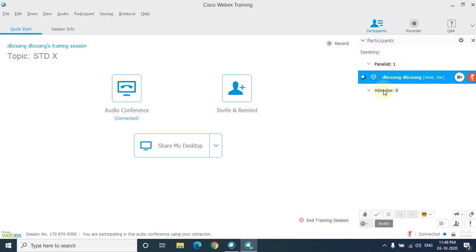What we normally suggest is that if you can have another network connection, or a mobile, you can also log into your WebEx on your mobile, and make the name appearing on the mobile a panelist. So what happens is, even if you lose the control, the ball will be in the name of the panelist. I shall show you how it is. Clear? So now let me join this meeting.